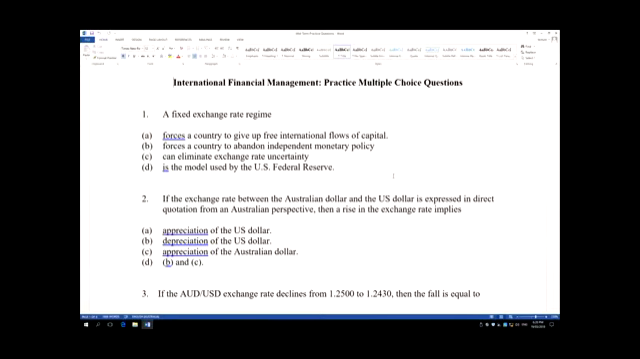Okay, question 2. If the exchange rate between the Australian and the US dollar is expressed in direct quotation from an Australian perspective. Okay, so if it is direct from an Australian perspective, that means that the rate is going to be AUD per USD, right? Okay. So a rise in exchange rates. So a rise in exchange rates would mean